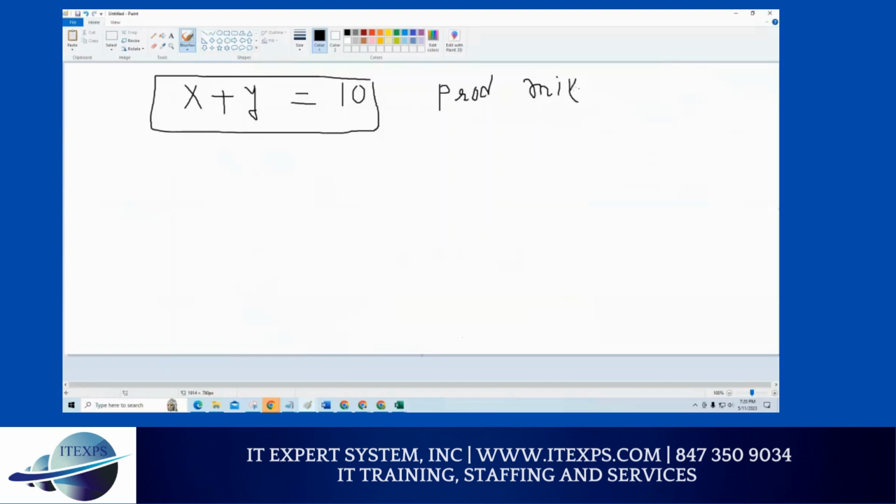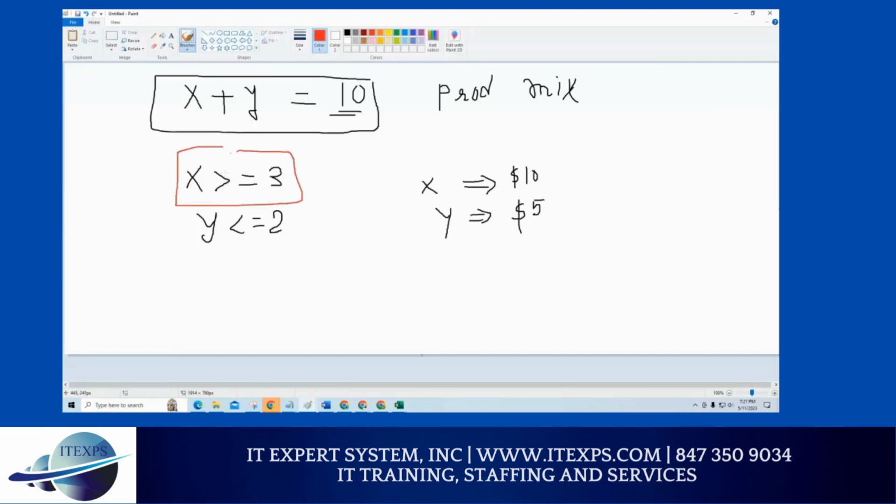It means X and Y together, maximum you can have is 10. But if I put these conditions like this, that X has to be greater than or equal to 3, Y has to be less than 2, and if I say every X I make $10 profit, every Y I make $5 profit, then things get interesting, because here is not X direct value, but here you are saying X is greater than